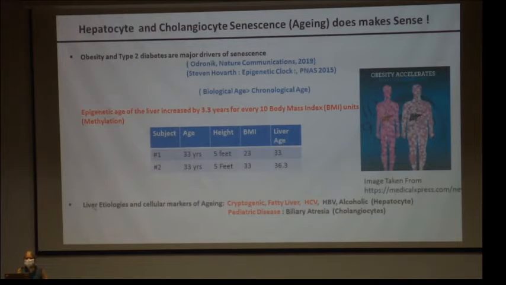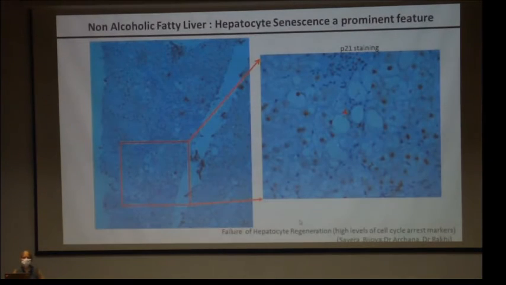And I'll now show you some data on the liver etiologies where you can look at hepatocyte and cholangiocyte aging. Much of the work we did was on cryptogenic liver. We purposely picked it up because there was no etiological clue. So we think that in cryptogenic liver, whatever be the risk factor, it is driving the liver towards more of an aging phenotype. The others are fatty liver, HCV, not worked much with HBV, and the alcoholics. I'll also give you some data with the pediatric disease, which is ongoing work with both Dr. Archana and Dr. Seema, with respect to biliary atresia. So when all these papers came, we thought, why not? And also cryptogenic liver is considered to be a burnt out NASH.